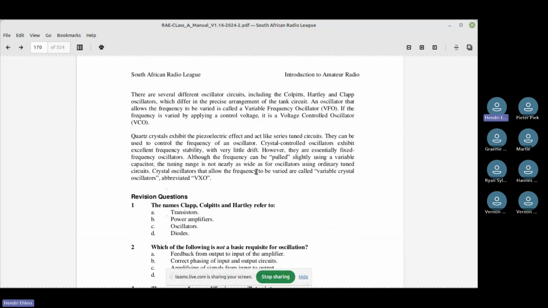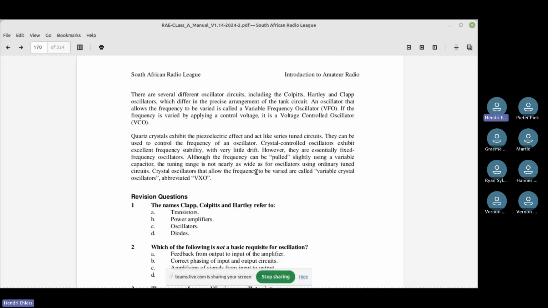There are several different oscillator circuits, including the Colpitts, Hartley, and Clapp oscillators, which differ in the precise arrangement of the tank circuit.